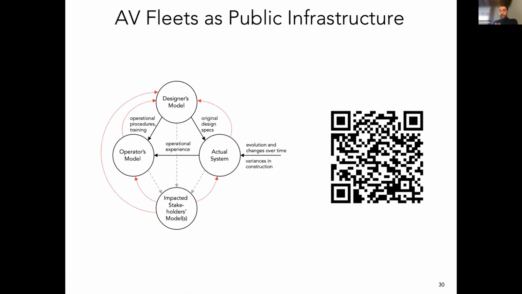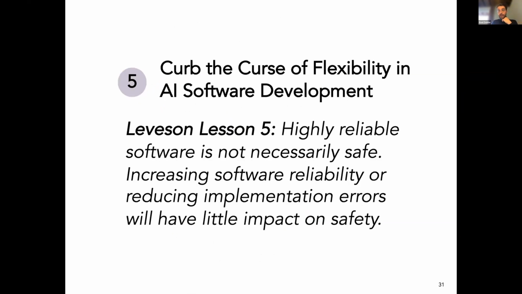And one of the things we're doing now is looking at AVs, autonomous vehicle fleets, as a public infrastructure, and how we need to look much broader at, like, not just the driver, but also the cyclist, the pedestrian, if we want to understand what safety is in this context and how we engineer our systems properly. Okay, I think I might run out. I think I go out of time. There's 3 more left. Maybe this is a really important one.